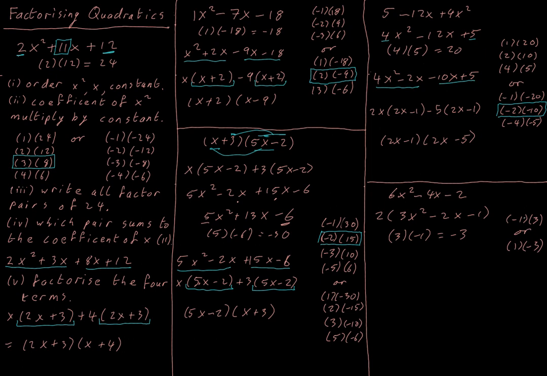Now, which one of my two options in this case is going to give me my minus 2, my coefficient of x? Well, plus 1 and minus 3 will add together to give minus 2. So that's the pair I want. I'm going to break this up into plus 1x minus 3x. And in my factorizing, I can see my only common factor here is minus 1. And I take out the minus 1 because I want to end up with 3x plus 1 in here. 3x